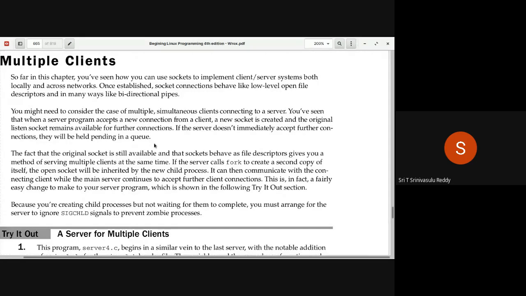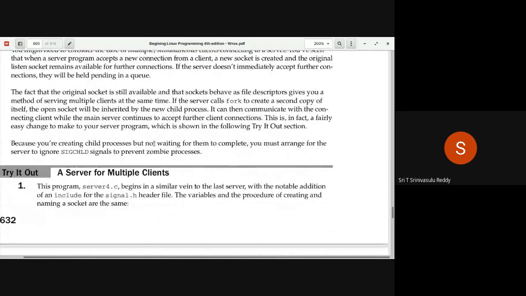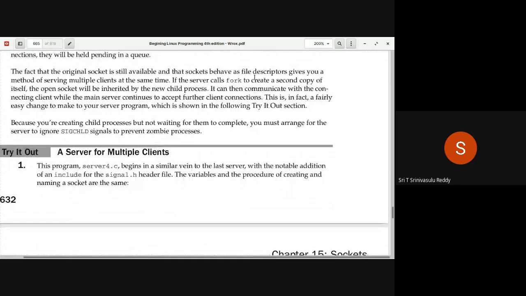Right? So the fact that the original socket is still available and that sockets behave as file descriptors gives you a method of serving multiple clients at the same time. If the server calls fork to create a second copy of itself, the open socket will be inherited by the new child process.